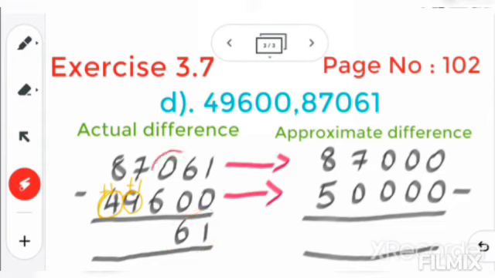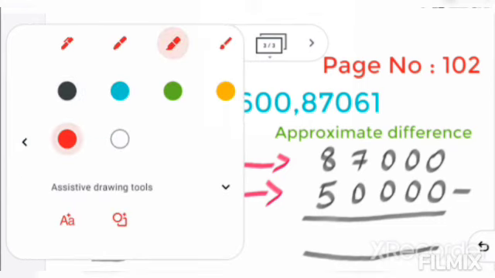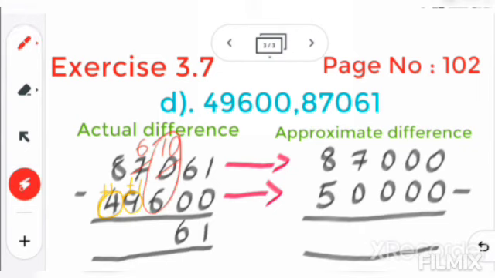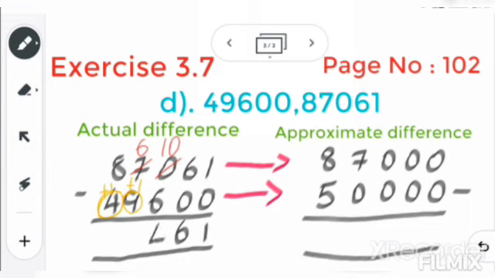It is wrong. When you minus 0 from any number, the answer is the number itself. But here you see we have 0 and 6 down. So 0 is small, 6 is big. So here you cannot minus. From 0 you cannot minus any number, so you will borrow. From 7, if you borrow 1, here 6 will remain, and that 1 will come here, and this will be now 10. So now 10 minus 6, you will get 4.